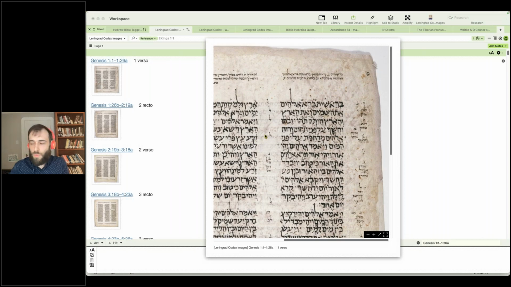So this manuscript was written around the year 1008 or 9 in Cairo, Egypt, by a scribe of the name Samuel ben Jacob, or in Hebrew, Shemuel ben Yaakov. It was prepared for Joseph ibn Yazdad, a wealthy Karaite merchant, and we don't really know much of its history after that until the 19th century, when it was acquired by another Karaite gentleman by the name of Abraham Firkovich, who lived in Crimea, which was part of the Russian Empire at the time, and I think it's still part of Russia